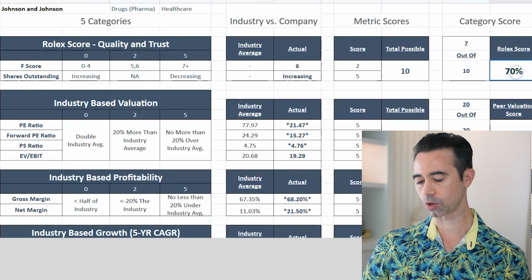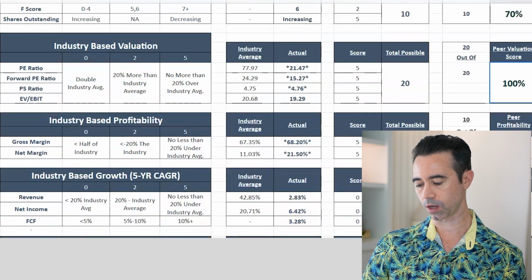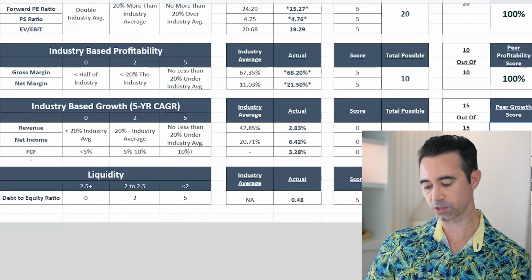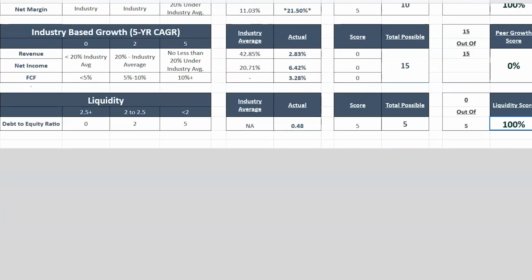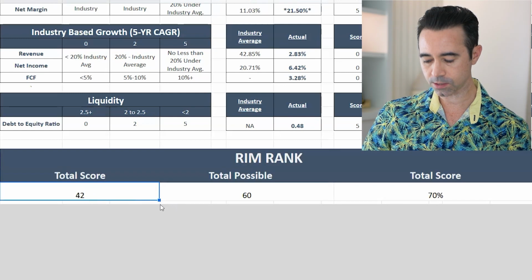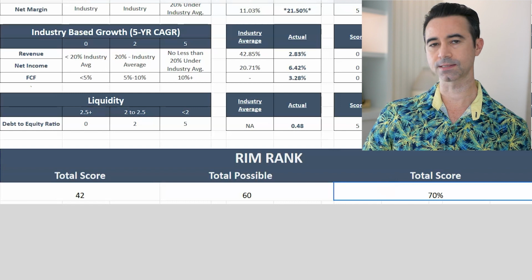We have a Rolex score, quality and trust of 70%. We have a peer valuation score of 100%, peer profitability score of 100%. We have a peer growth score of 0%. We have a liquidity score of 100%. And finally, our total RIM rank, a total score of 42 out of a total possible 60, putting this at